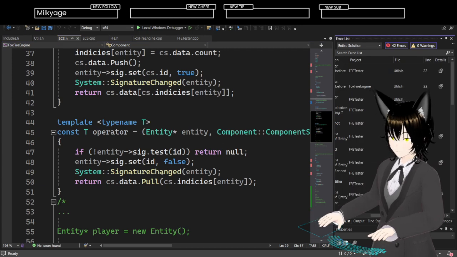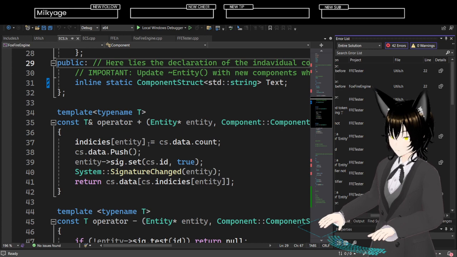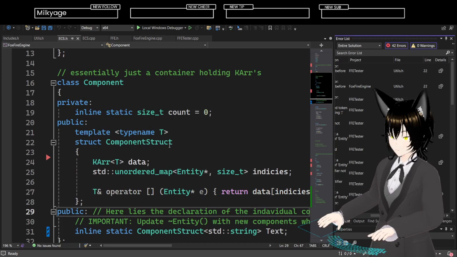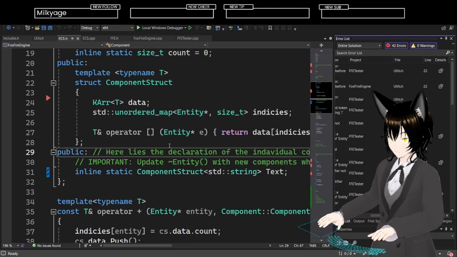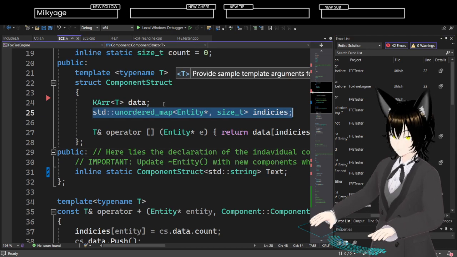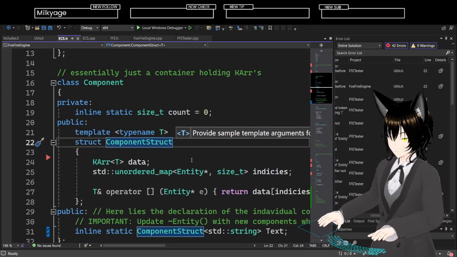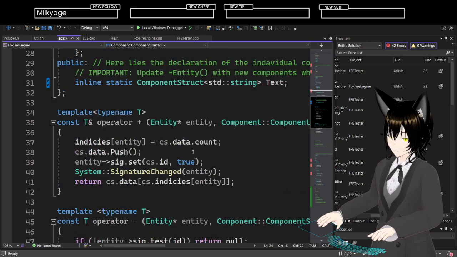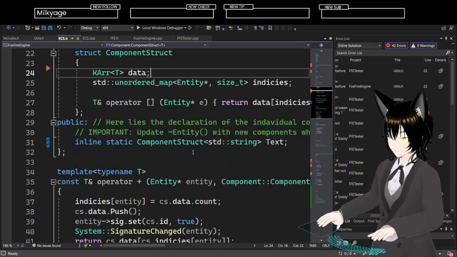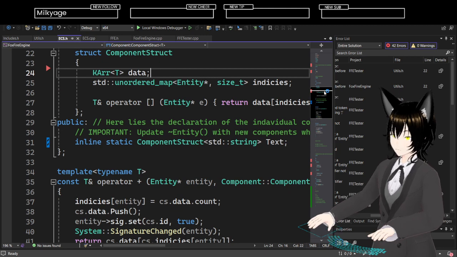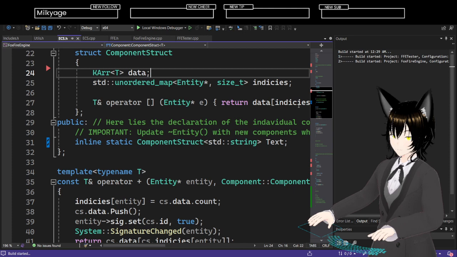Line 37. This is entity. Get indices is that. Oh, where did I put the crap? I don't think I put the crap there. Yeah, that's fine. Build solution. Let's see what happens.